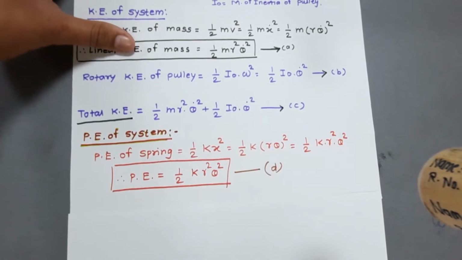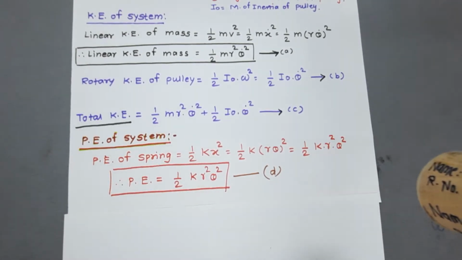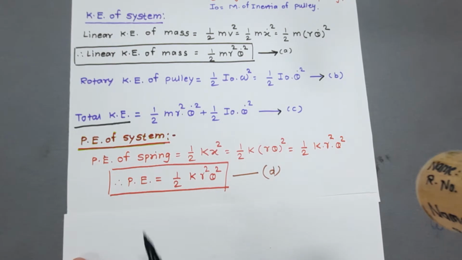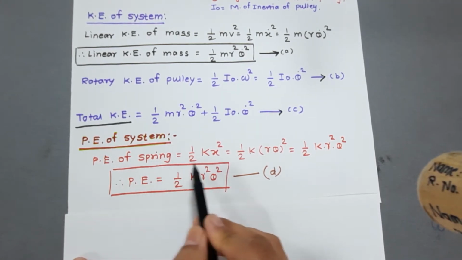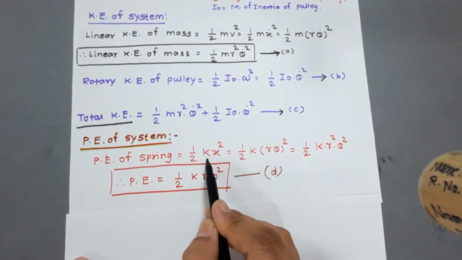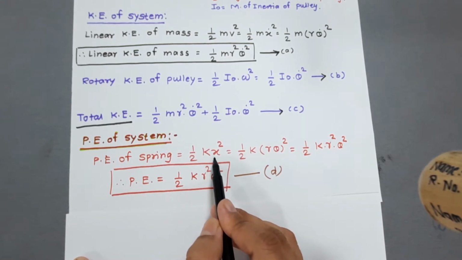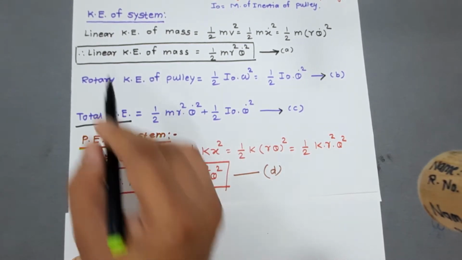Now we have to calculate the potential energy of the system. Here the potential energy stored in the spring is given by 1/2 k x squared. k is the stiffness of the spring while x is the displacement. So we have the value of x equal to